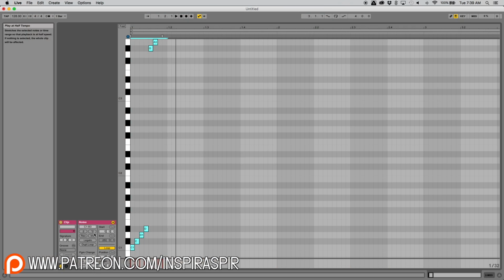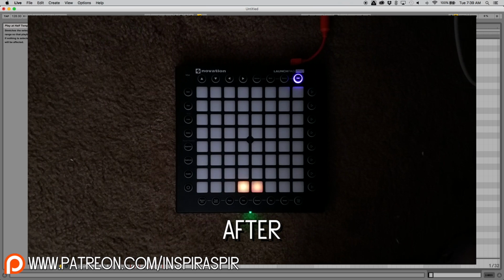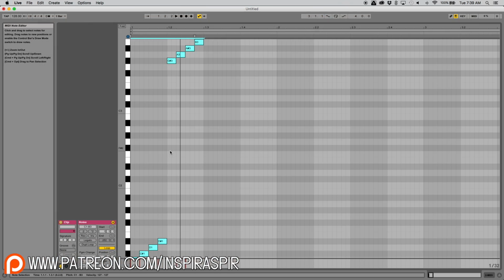Now this *2 button does the exact opposite. It doubles the length of your notes, so it makes it 2 times slower. If you don't want to half or double the speed of your light effects, you can go to the top